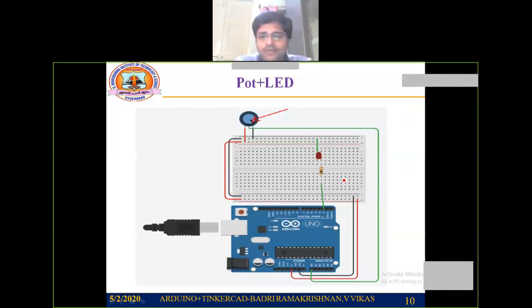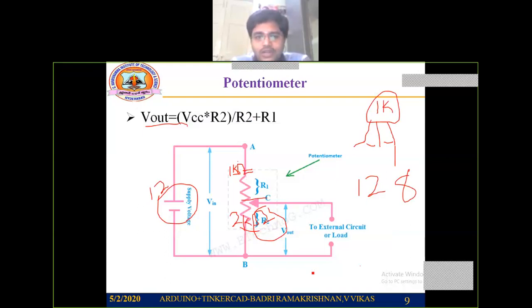Now we will see how we need to connect this one with Arduino. As you can see, one particular pin of this potentiometer I have connected to this positive terminal, and the third pin I have connected to ground. The middle pin I am connecting to A0, that is an analog pin. So what this will output, it will consider the voltage 5 volts. By varying the knob of this potentiometer, I am going to get the corresponding output voltage here, at A0. And to calculate that particular A0, I can use this V out formula.